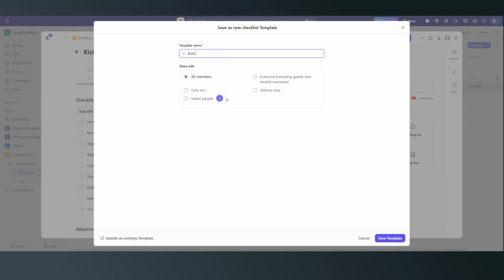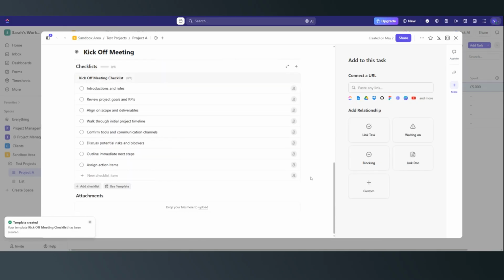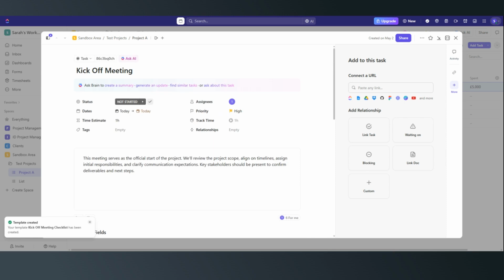And we're going to call it kickoff meeting checklist. And we want to make sure here that we put all members. We want to make sure that everybody can see that so that they can then use that template, and we press save. And that's our template saved. So we can use that in the future. Now I'm just going to cross this task off,